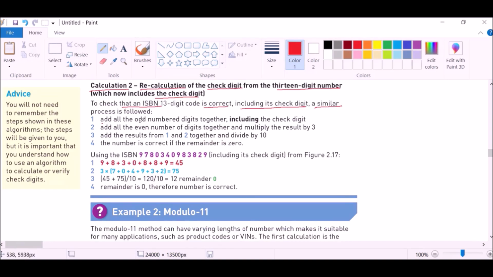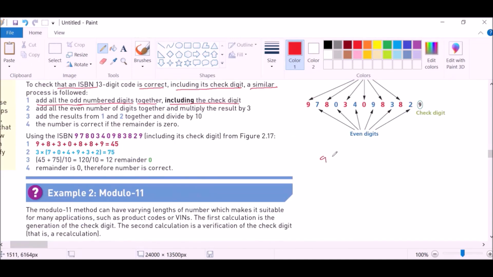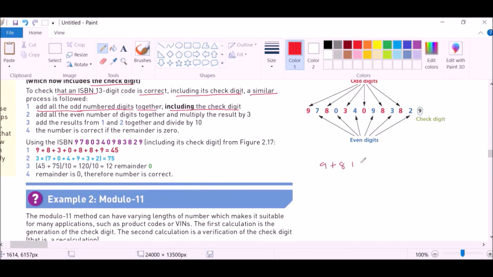So we add all the odd numbered digits together, including the check digit. So now, we'll say 9 plus 8 plus 3 plus 0 plus 8 plus 8 plus 9,